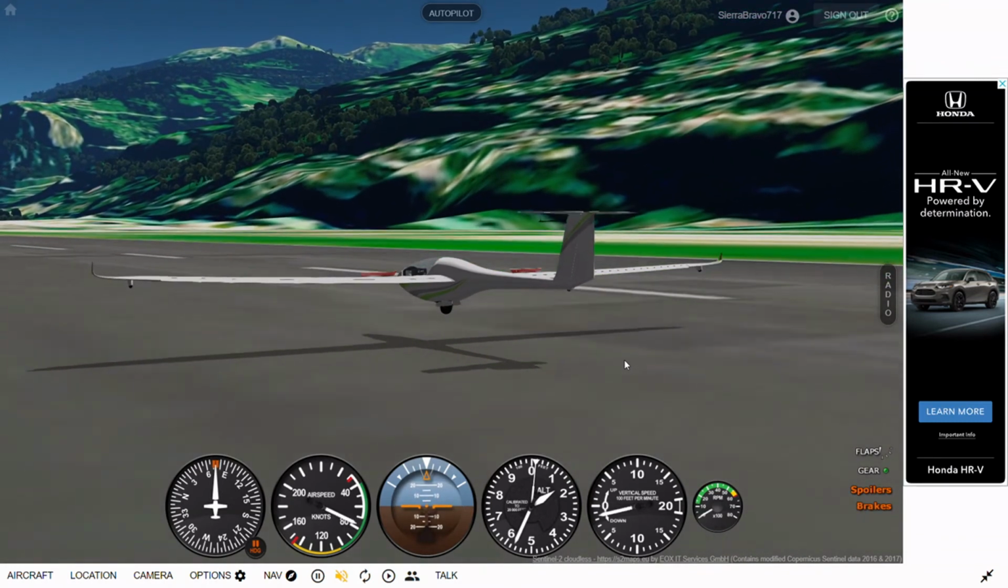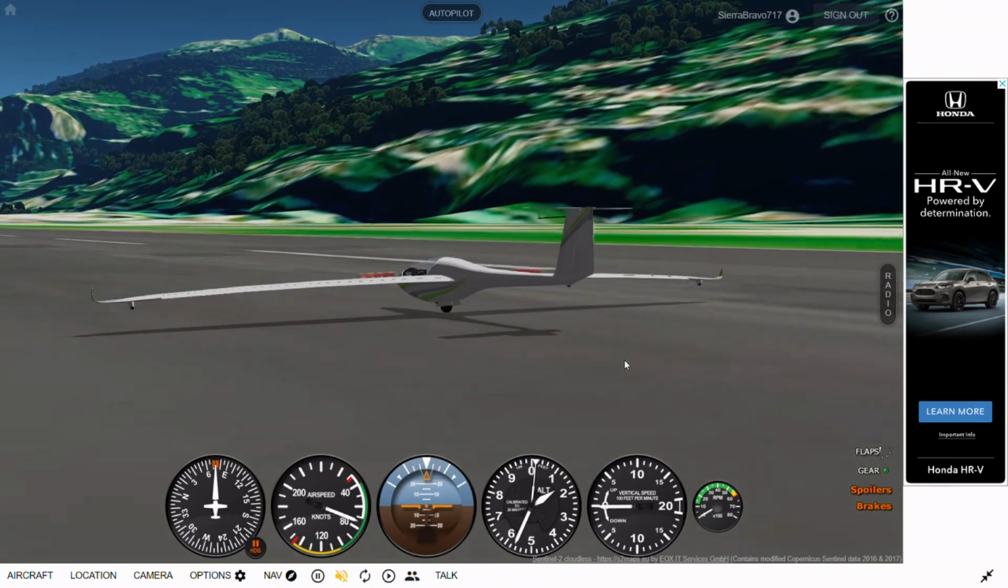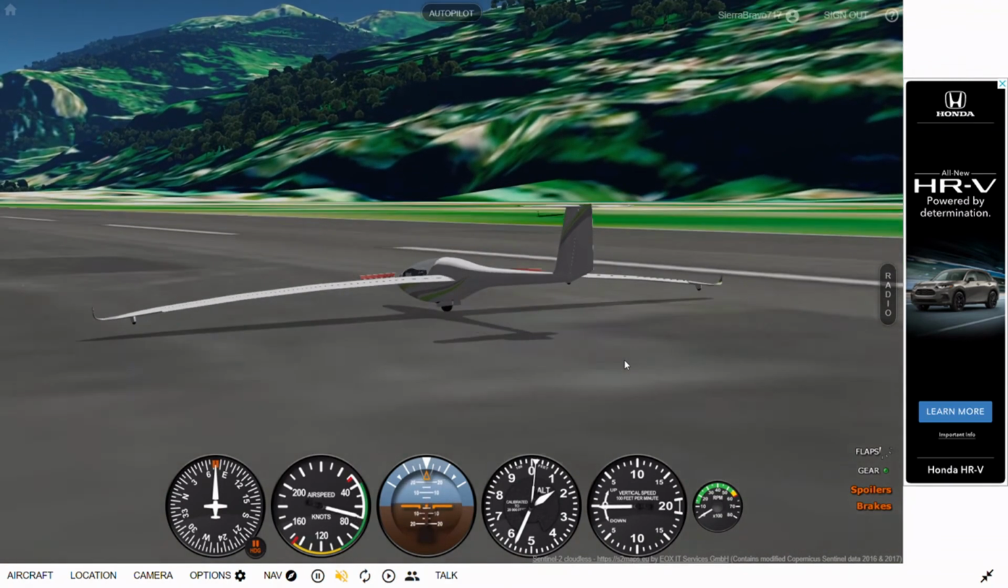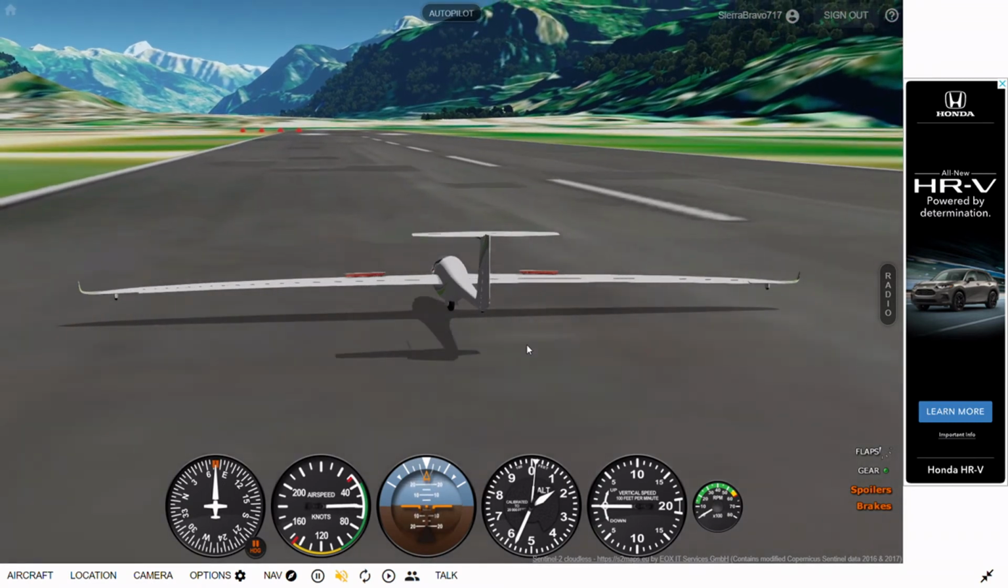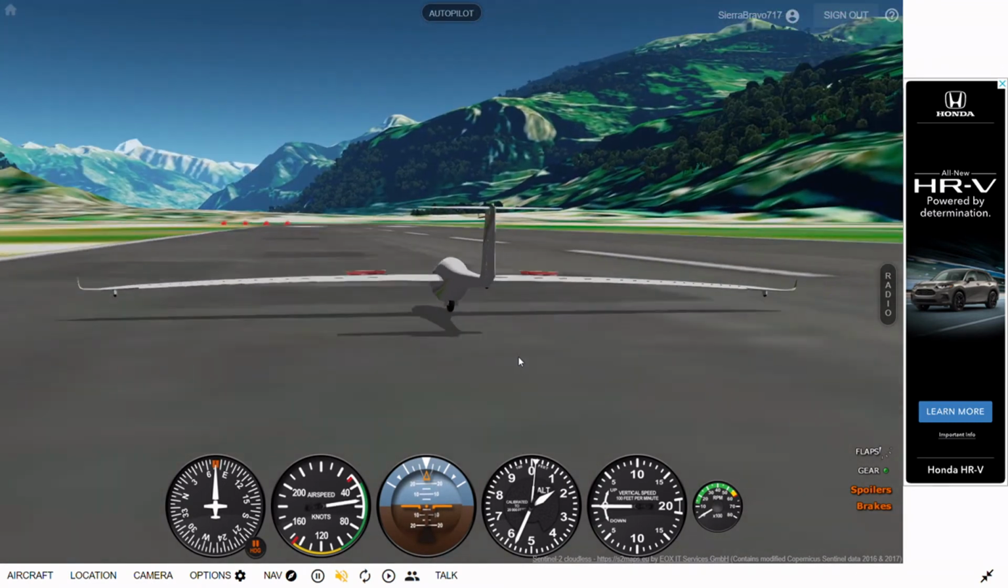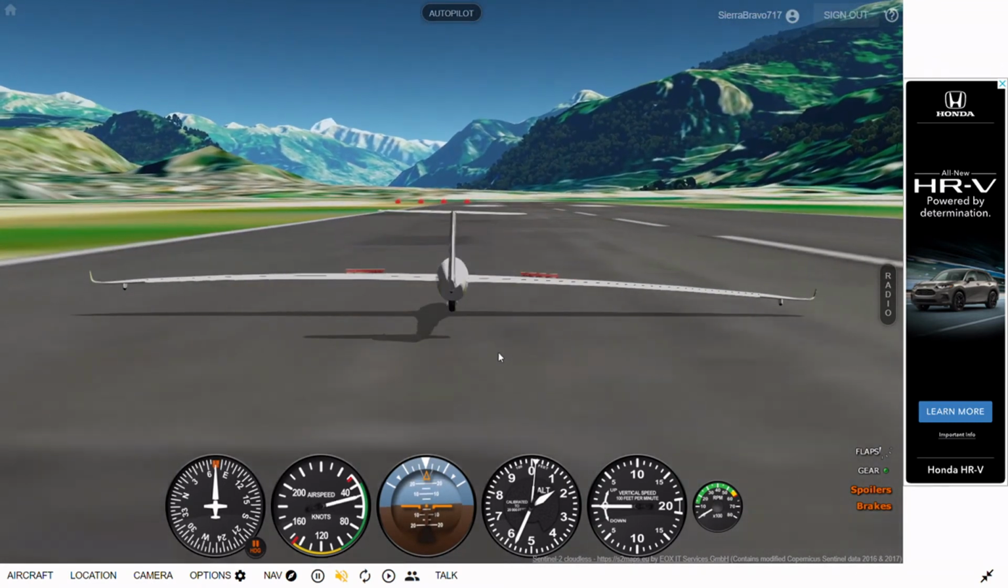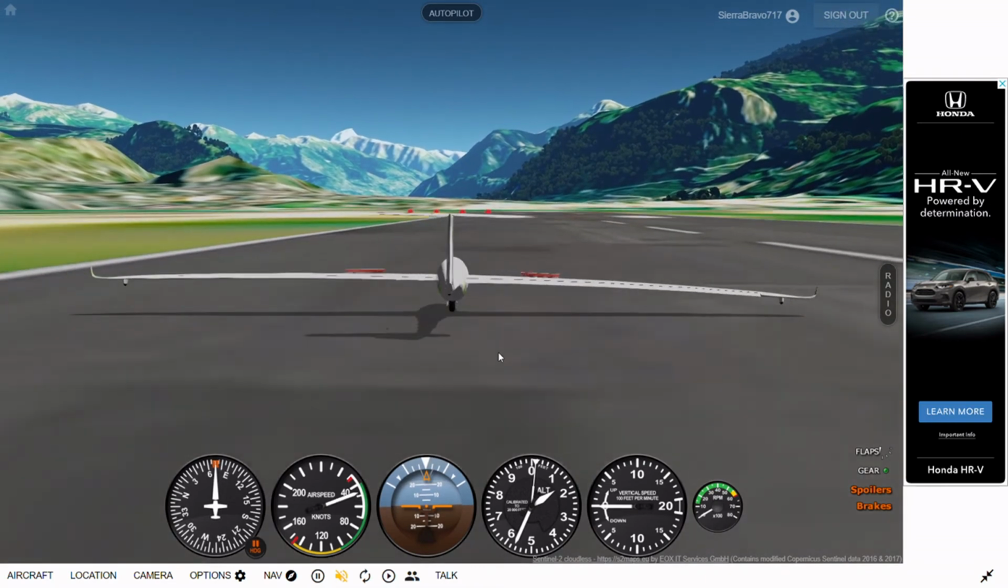So I'm going to apply the parking brake as well. Okay, we touched down. Keep it pitched down just to help the glider keep its nose down, prevent it from rebounding. And as long as I'm now rolling along the ground,